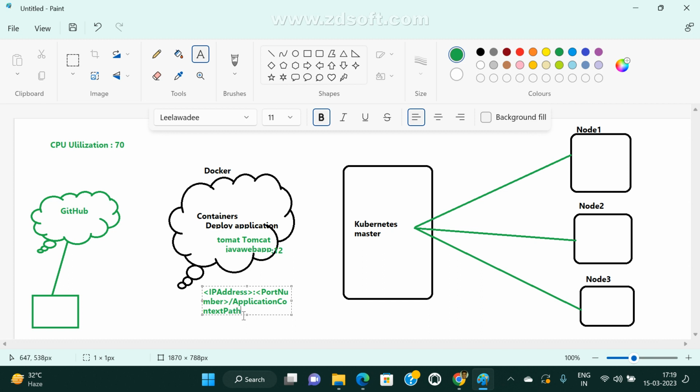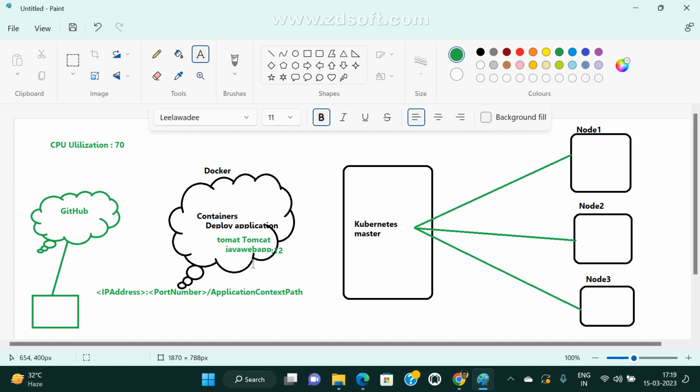Mostly we use the instance's public IP address, the port number, and the application context path.